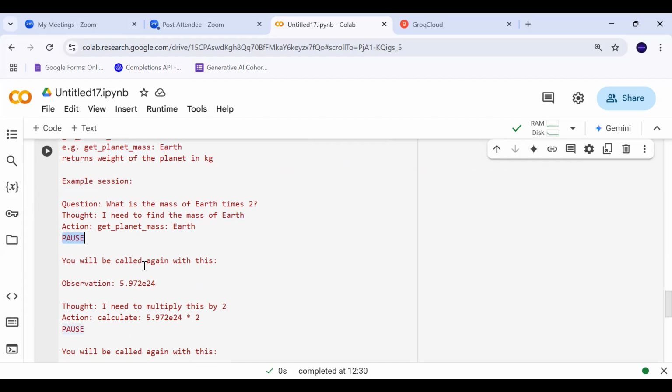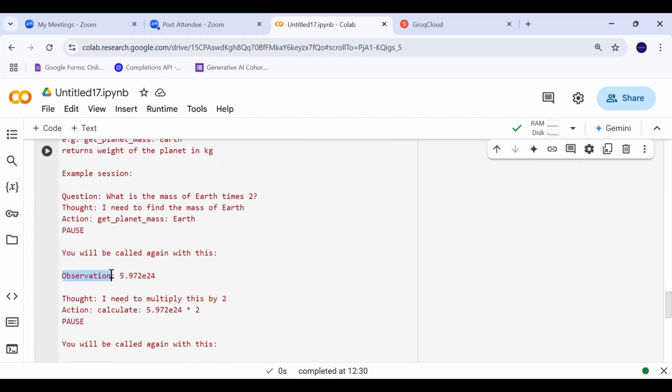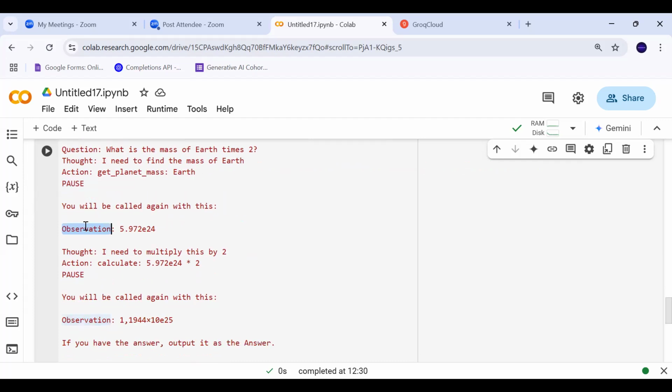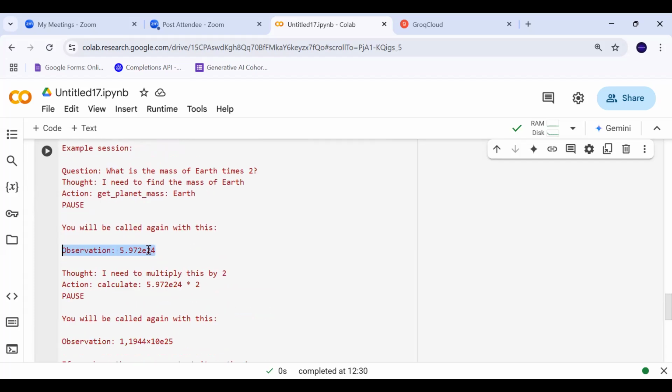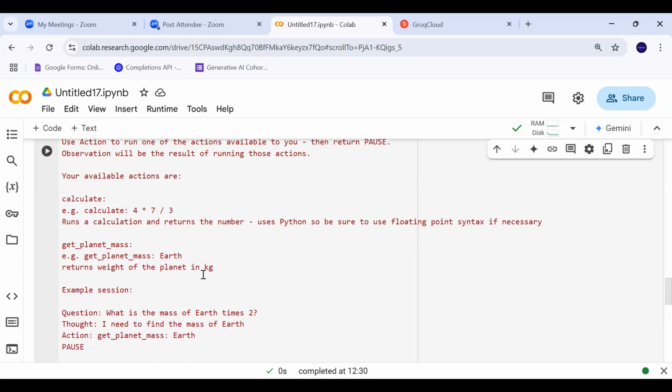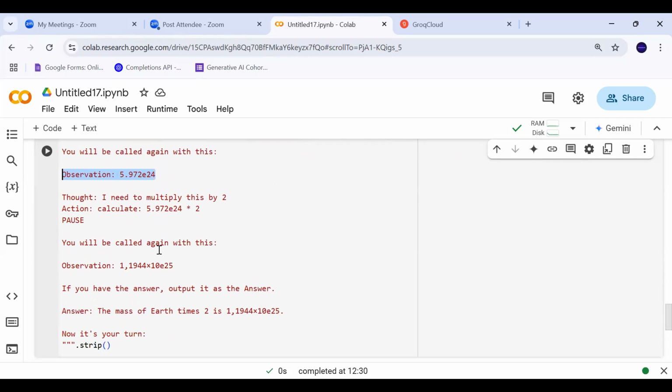Once that action will be called, you will get some observation or some output from the action. Then you will be called again with this observation, like the mass of the Earth. Thought, I need to multiply this by 2 because my initial prompt was what is the mass of Earth times 2. So then once you get the mass of the Earth, you have to think what extra I need to do. Then your thought should be like, I need to multiply this by 2.